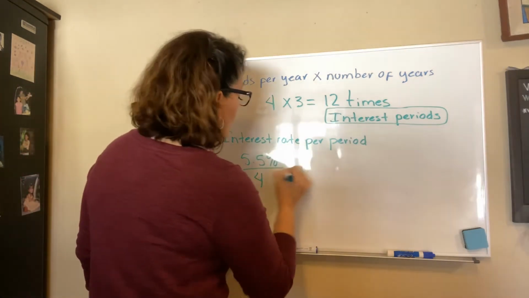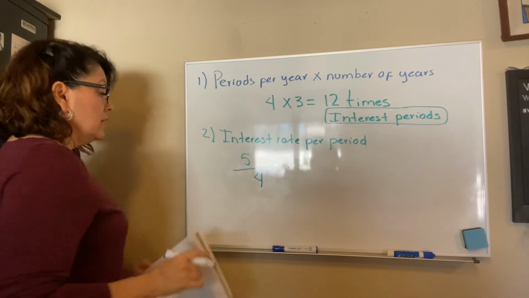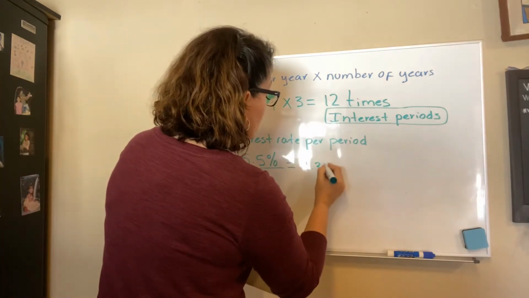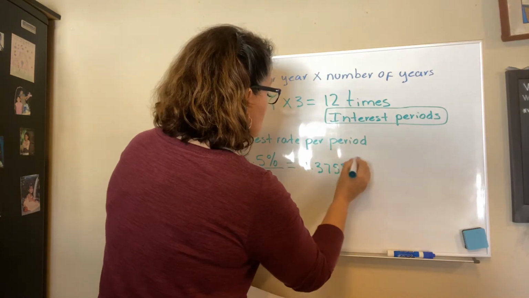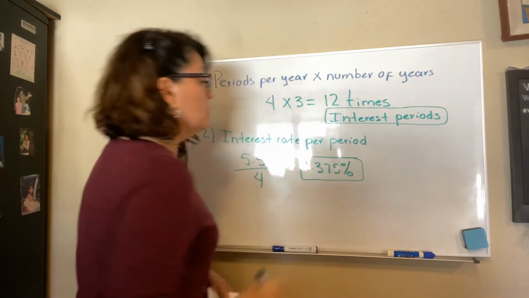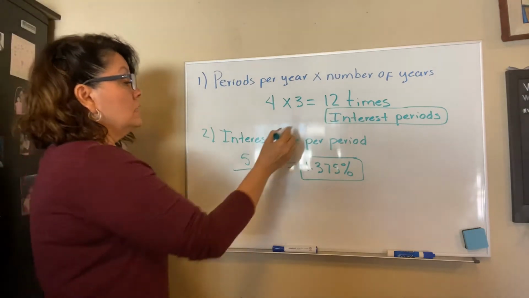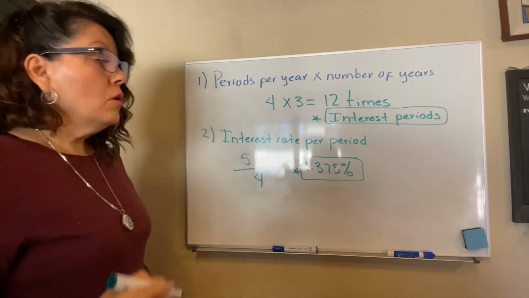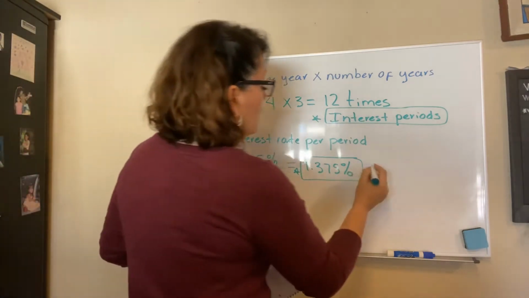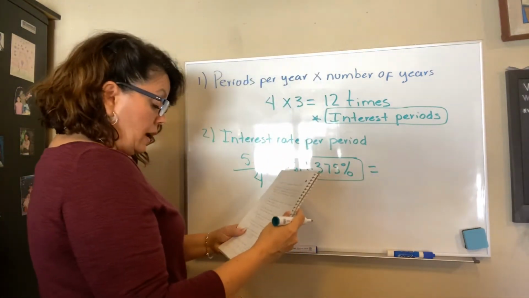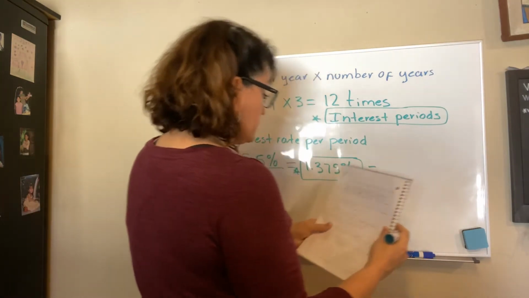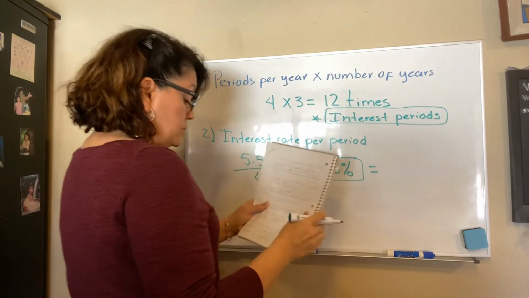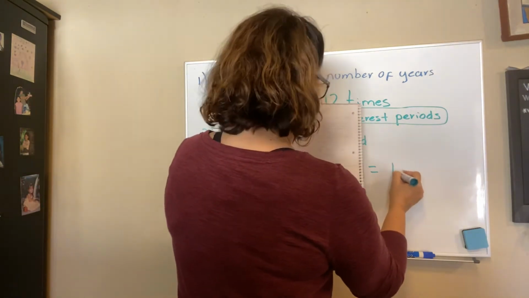So I need to know how many times is the interest rate. After I divide it, it is 1.375% during each period. So I'm going to need this and that to find it in the table, what is exactly the interest. So right now, if I'm going to find the 12 periods for this percent, it's going to give me